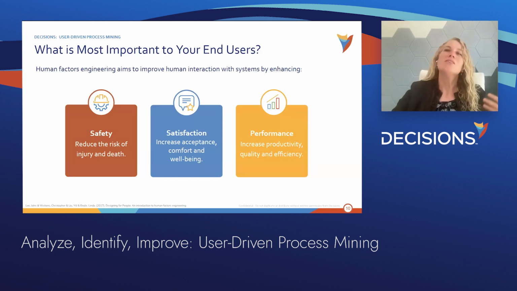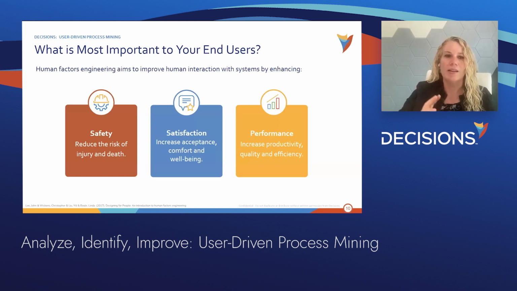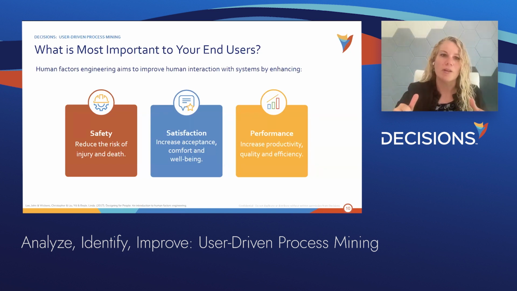Why am I going to do it? Number one, so I can build a better project. The goals of building a better project are either to increase safety, increase productivity, or increase satisfaction. And they're really easy to incorporate. When you're working with your executive leadership at the very beginning of your project to set out the goals, you can also keep these in mind.